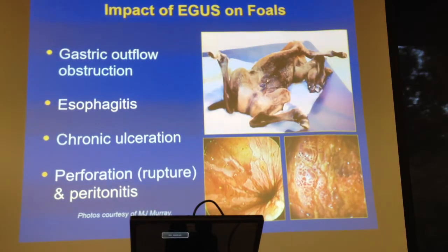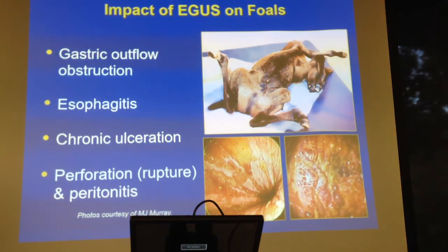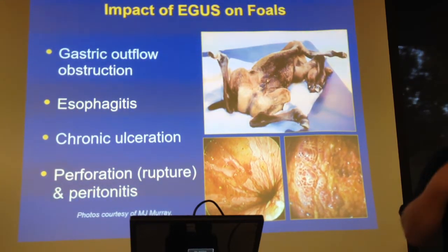In foals, it's a little bit more serious than that. When we see it in foals, we see a lot more of an esophageal component. So not just gastric, but we see esophageal. And that's because the foal has not turned their stomach system from a very similar stomach system to us, to a horse stomach system,